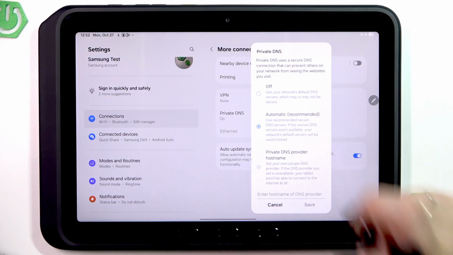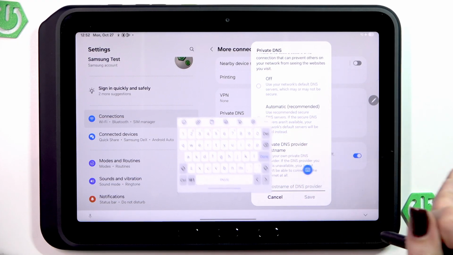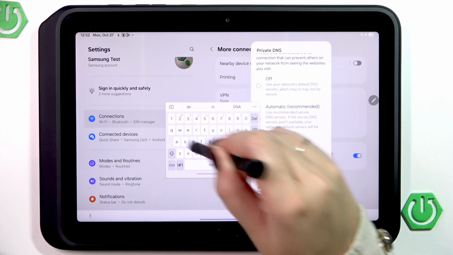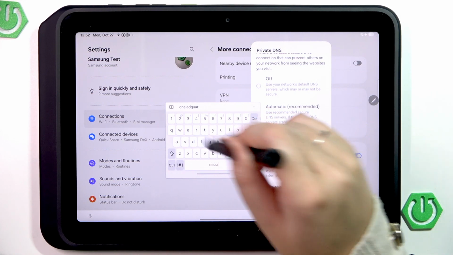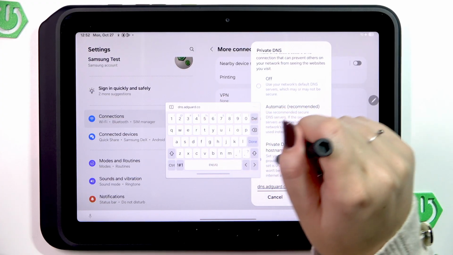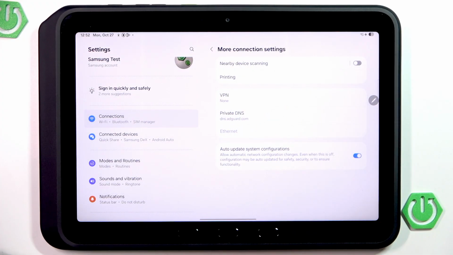However, let's simply tap on Private DNS Provided Hostname, and here we have to enter dns.adguard.com and tap on Done. Tap on Save. And as you can see, we've got the private DNS set, and it should really limit the